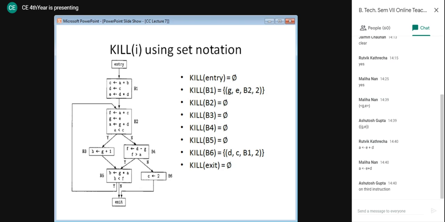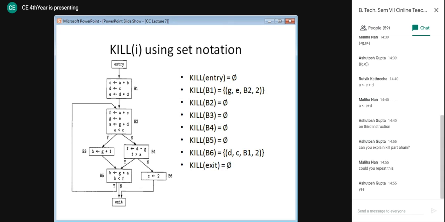If you are not getting anything, or if you feel it is going a bit fast, or whatever is the case, please type in the chat area so that I know what is going on, whether you are getting it or not. Okay, so you have not understood the kill portion. Fine. What about copy? Copy was easy. Copy, you have got it.